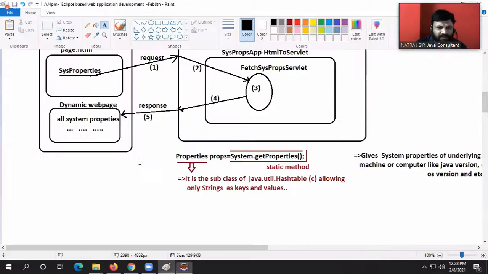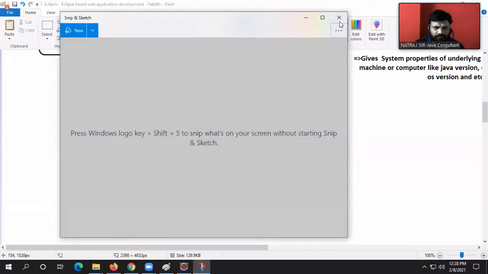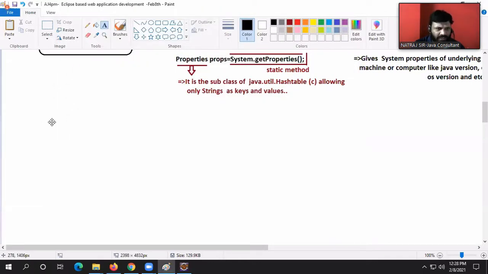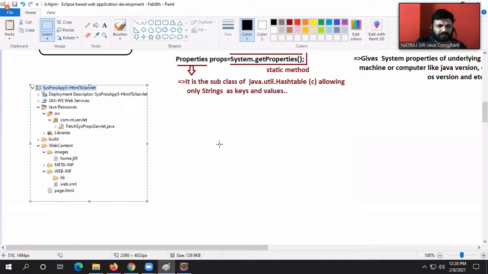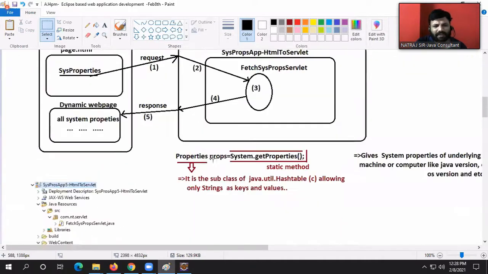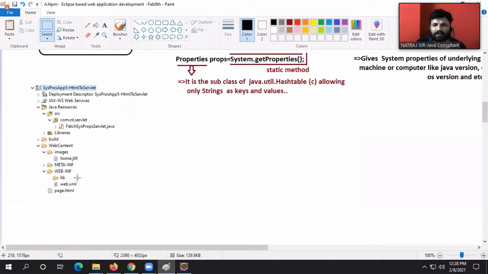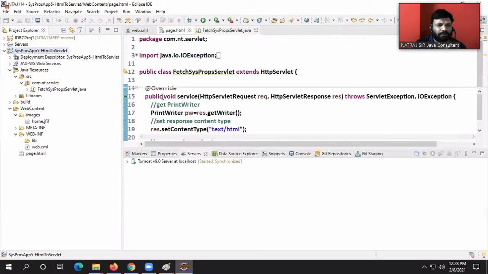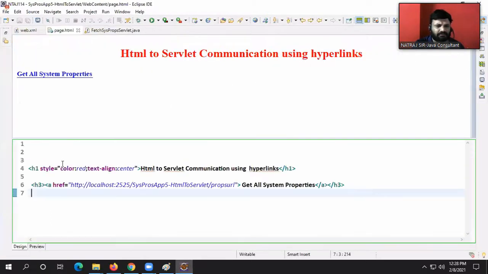No need of having servlet-api.jar because while creating the web project itself, we have taken the Tomcat server as the underlying server, so no need of adding it separately. Page.html, guys.